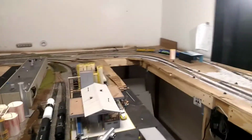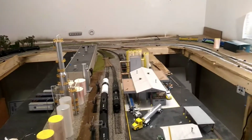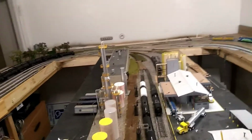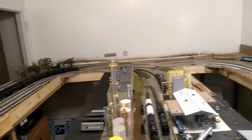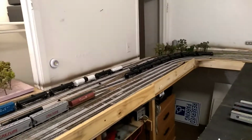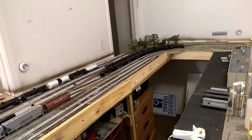Yay. So that is how I figure out how many cars I need for my layout. Always remember, if you're doing a point-to-point destination, it's in the value of 3 or in the value of 4, depending on how many yards you have. If you have 2 yards on your layout on a point-to-point, then it will be, say for example,